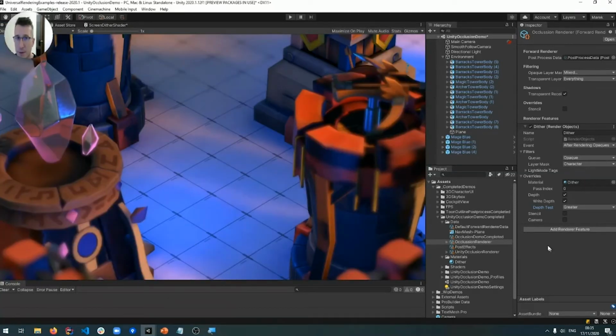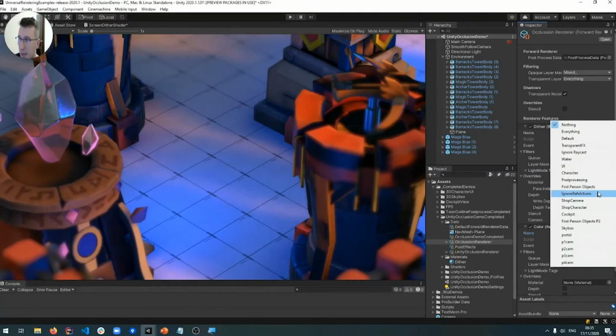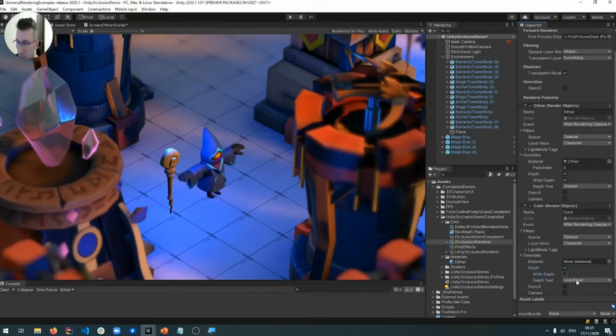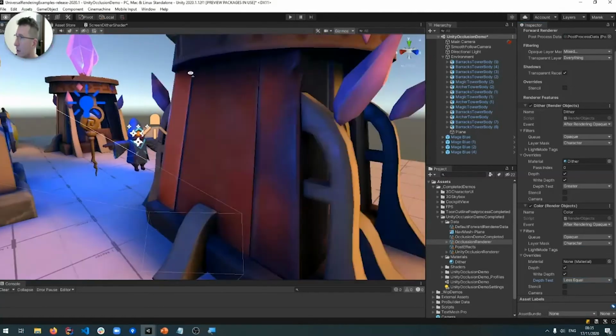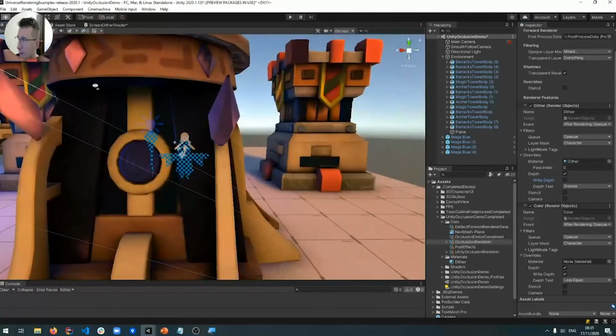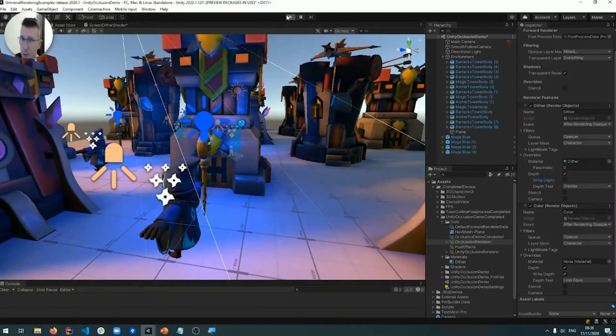So this is working, and let me add another render feature that's going to render the base color. So here again, we are looking for the character in the opaque queue, and don't overwrite any material. And on the depth, we are looking at the less or equal. So this will be our normal situation. But now the problem is that once we are occluded, because we are writing to the depth in the previous render feature, that was overriding the color as well. So after disabling write depth, we have nice and functional